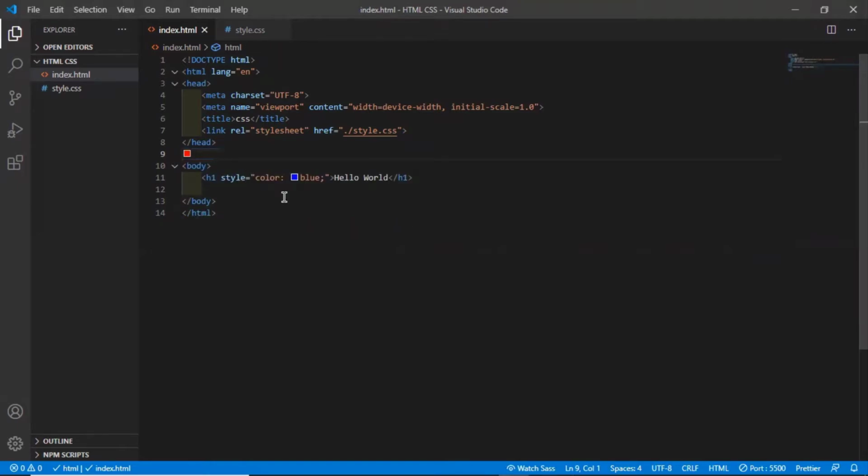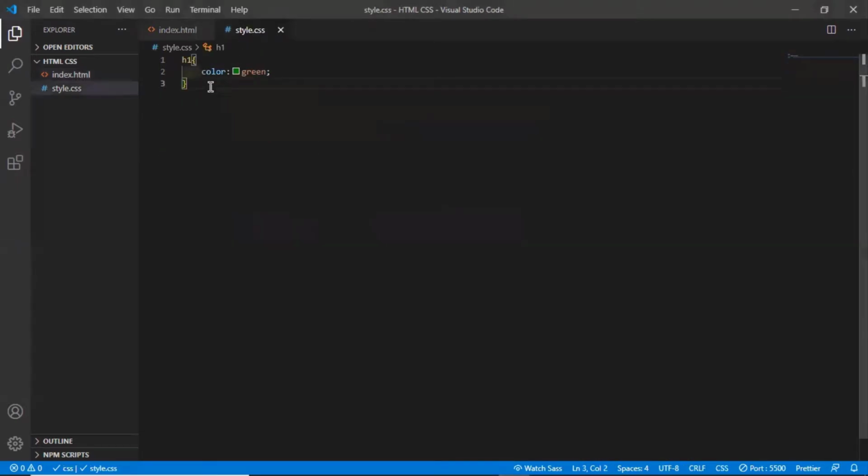So I'll just remove it and remove this also. Okay then. So now let's work with a few of the properties. You just saw the color, right?